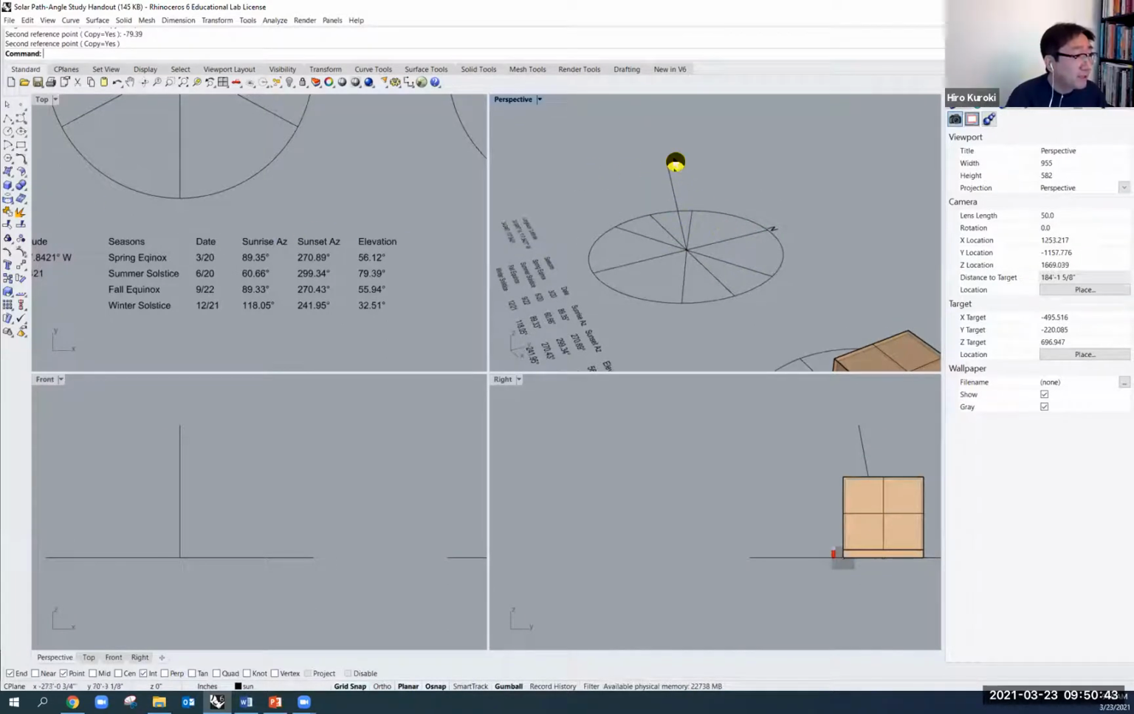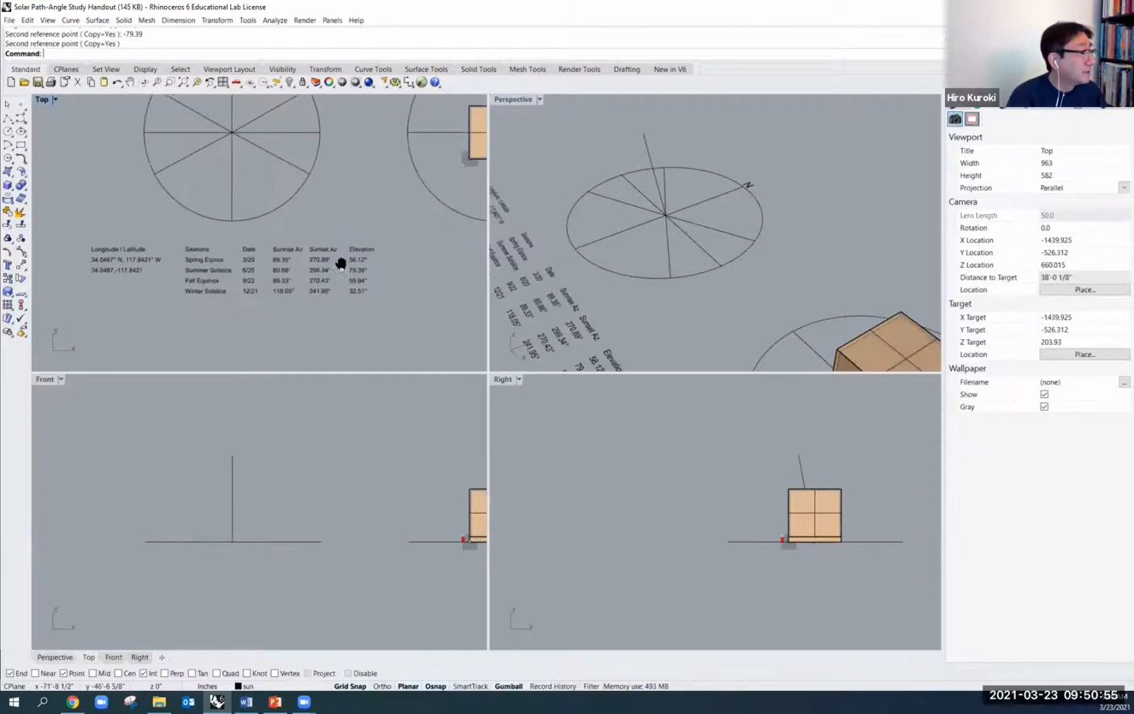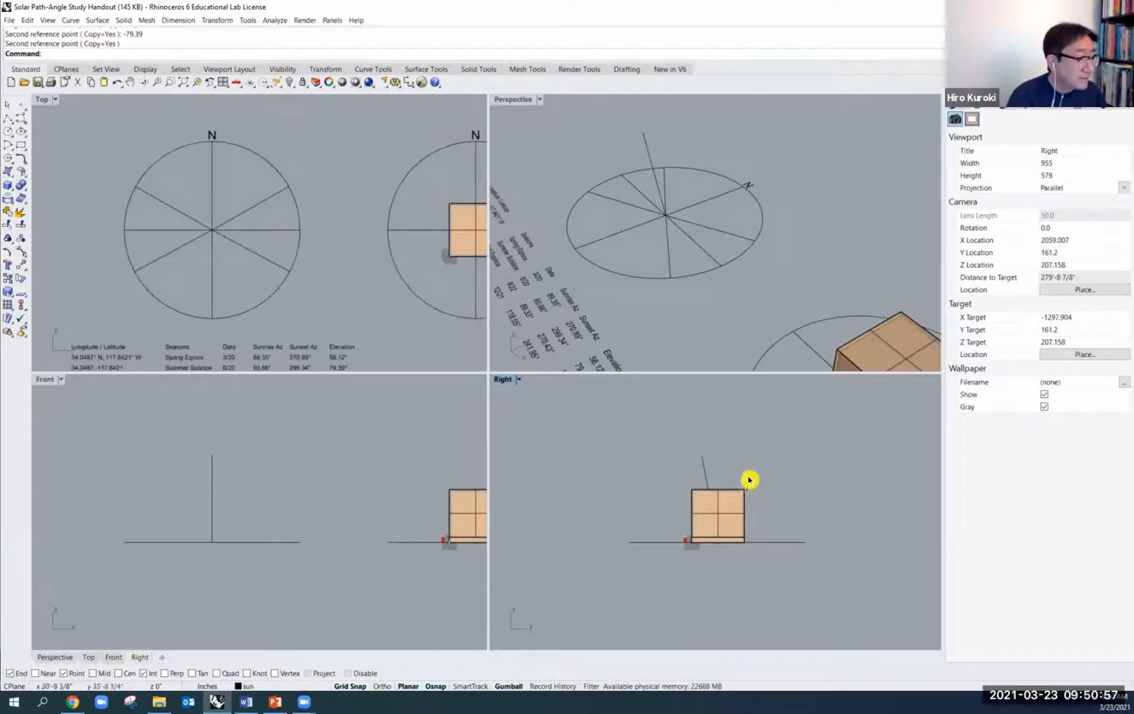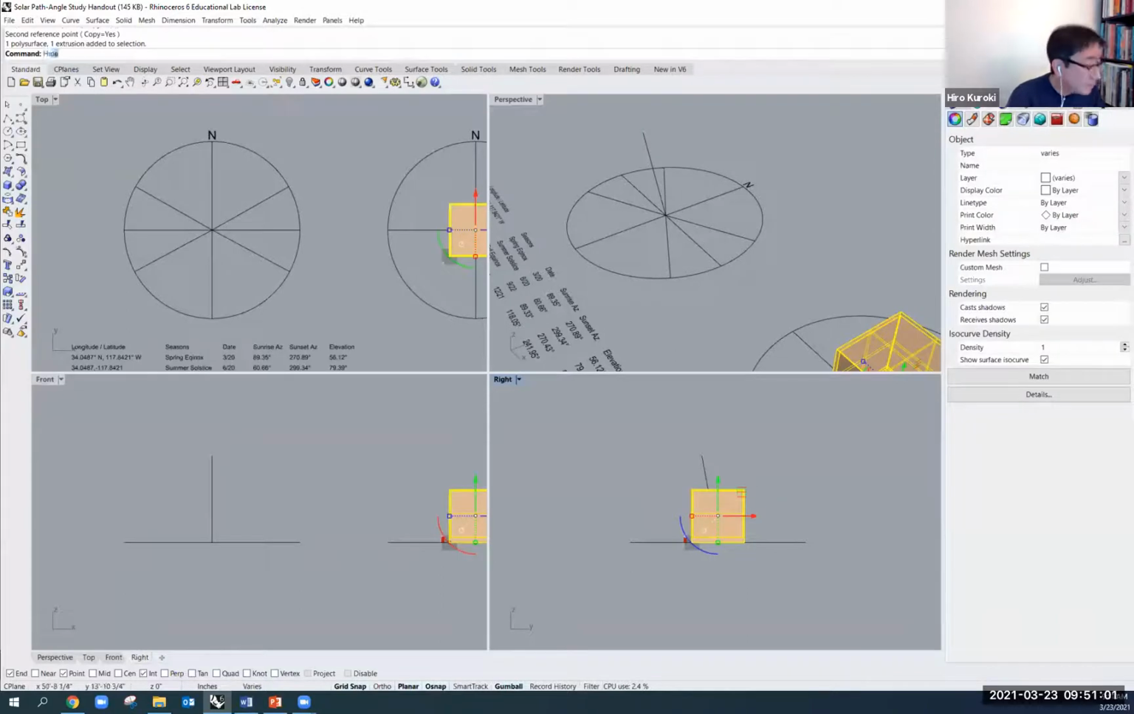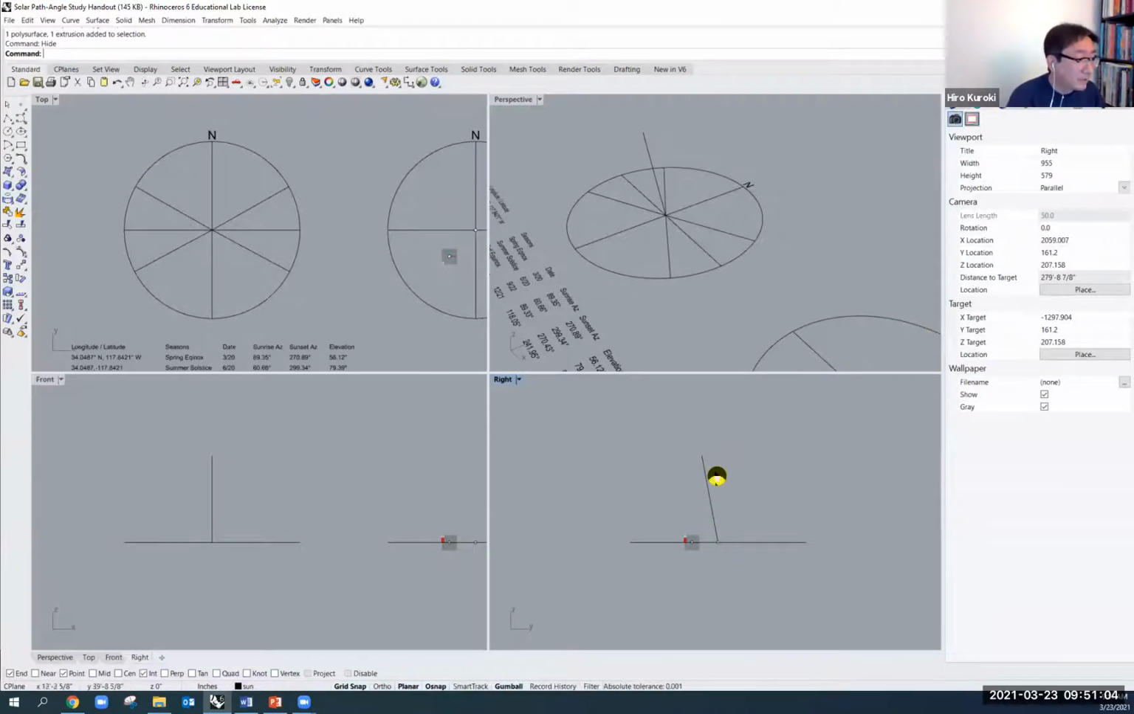So we have this point right here, and just so that I don't confuse you with all these different lines, we're just going to deal with the summer solar path first. So in this way, I should hide this one right now, hide. Okay, that angle right there. This angle that I drew right here, right now, is that,